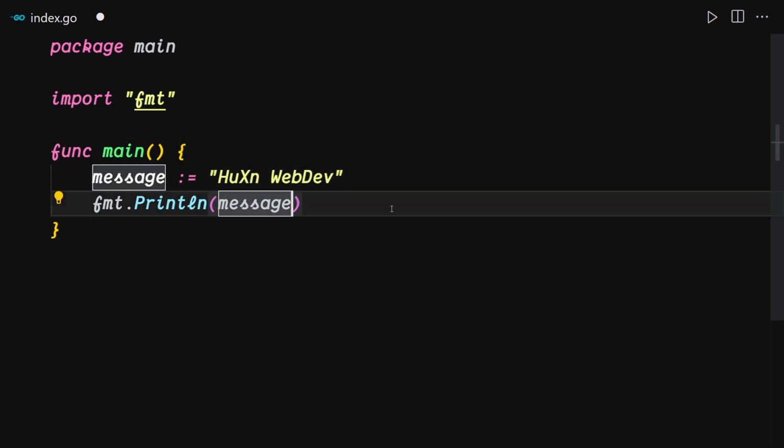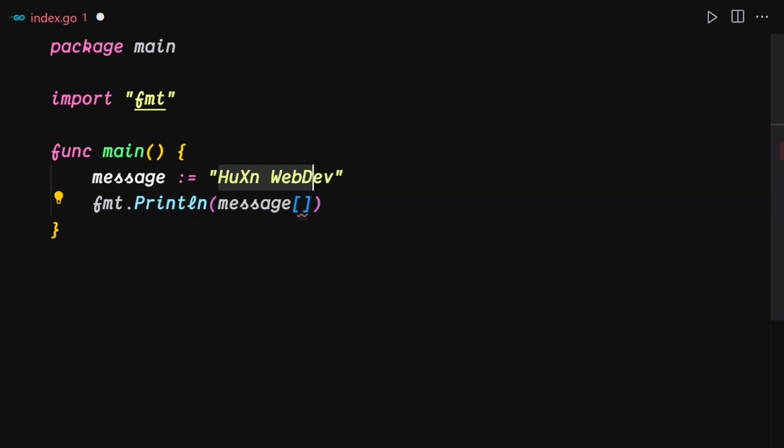Well, for that we can use these square brackets right here. Here we have to specify the index, like which character you want to get from this string. So let's suppose I want to get this h right here. For that, what I want you to keep in mind is that strings are zero-indexed, which means the first letter starts from the zero index, then 1, then 2, then 3, and all of that. So if I just write the zero index right here,